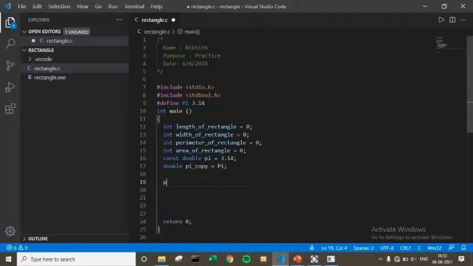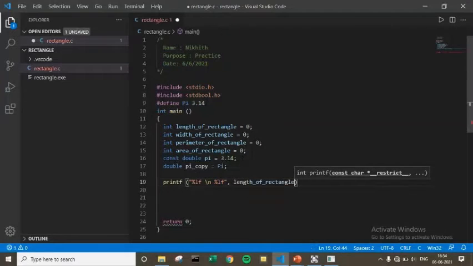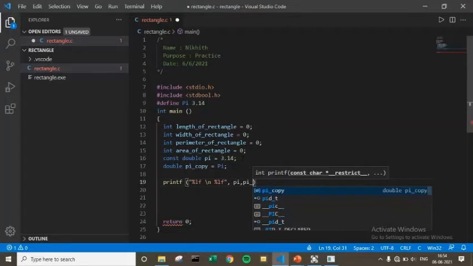So let's print out the values. %lf new line, %lf, and length of rectangle. Sorry. Pi and pi copy.